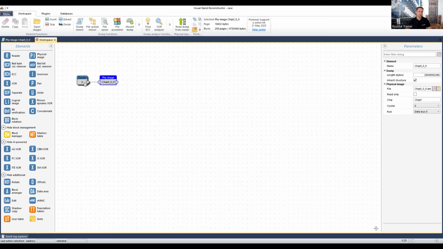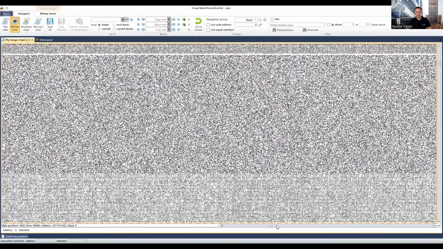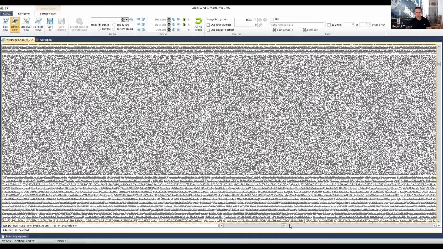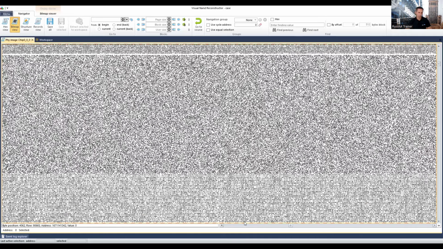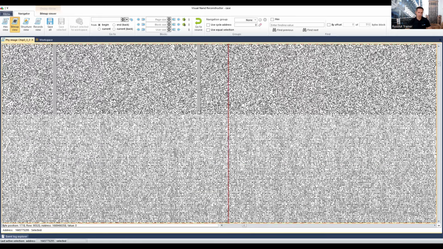So firstly, you need to split this physical image by planes, and then perform all the transformations for each plane individually, and then you unite planes back and proceed with the block management step. So in our case, we can see that the device has two planes. We can see that by the bad columns distribution: one plane has bad columns, then this